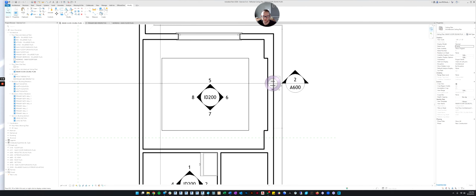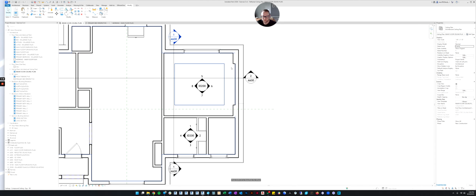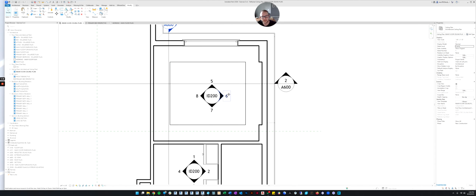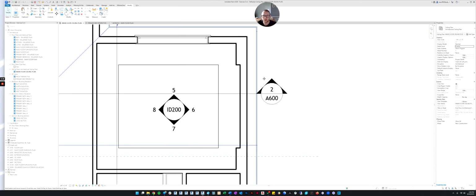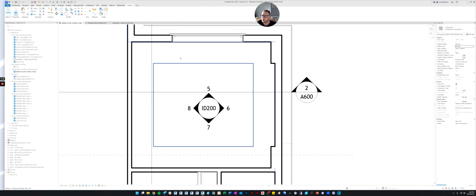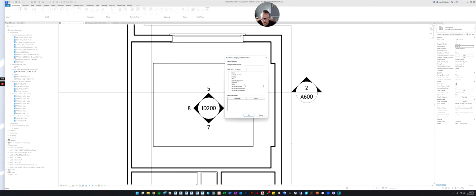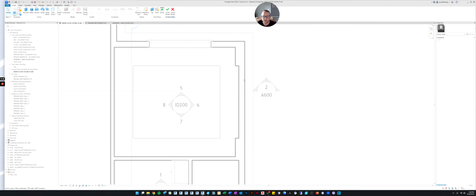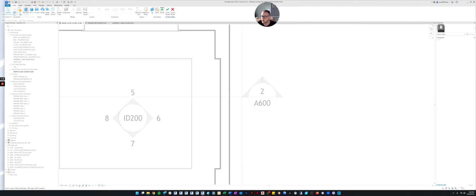Then if we want to go a little bit further, if you did the extra credit in the last module, you learned how to make an in-place family. So let's make an in-place family. Let's go to architectural, do the drop down on component and hit model in place. We got to pick the category for this family that we're about to create. So let's do a wall, because it's going to be our accent wall, and we'll just name it slat wall. Click OK.